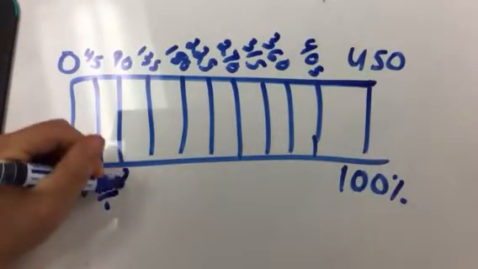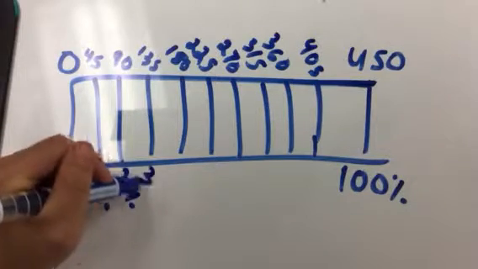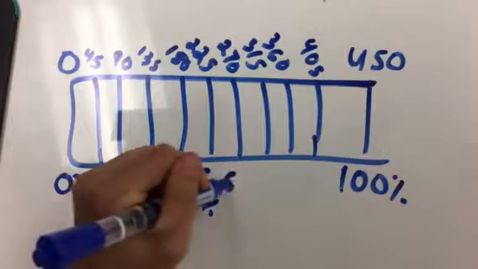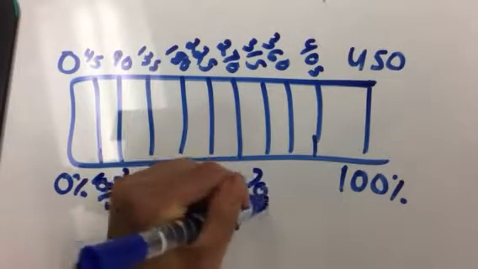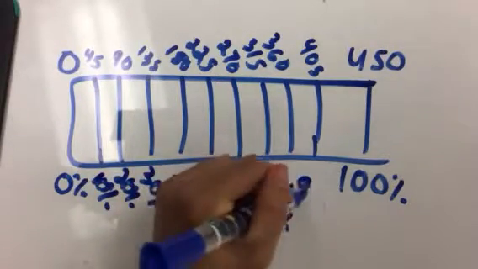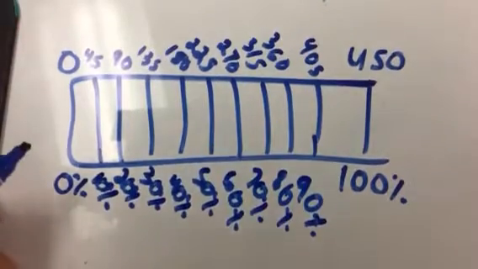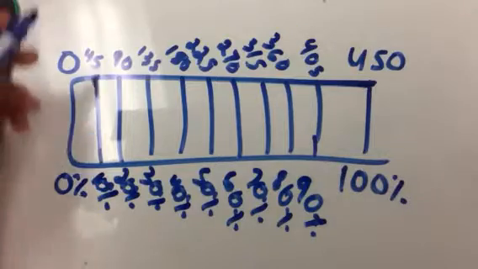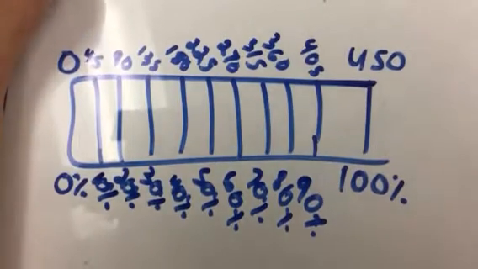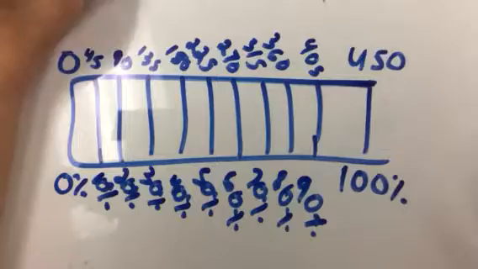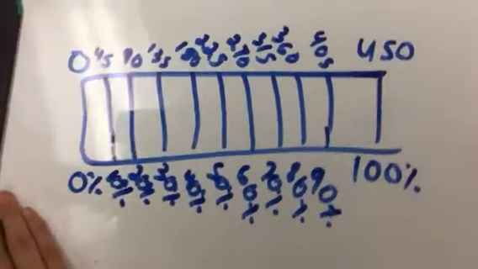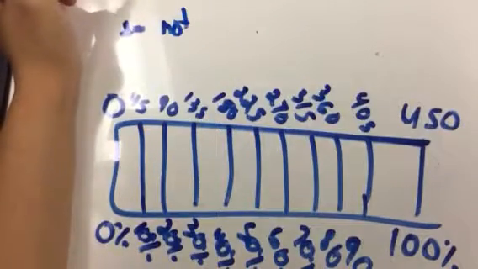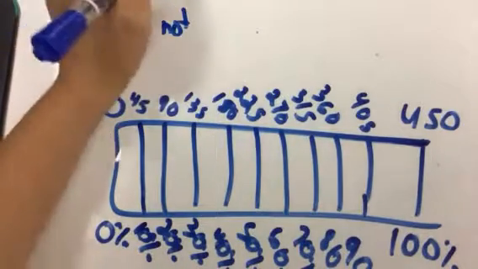This is 10%, 20%, 30%, 40%, 50%, 60%, 70%, 80%, and 90%. And so I know that I'm looking for how many kids do not have phones. Oh, you can't see that. The number that do not have phones. And if you remember what that was, it should have been